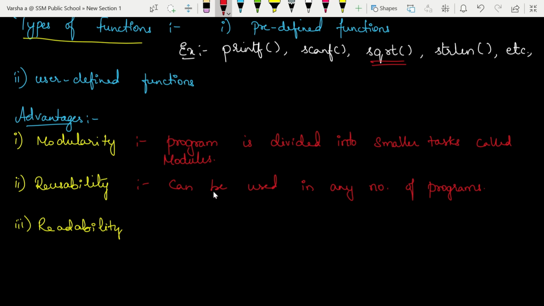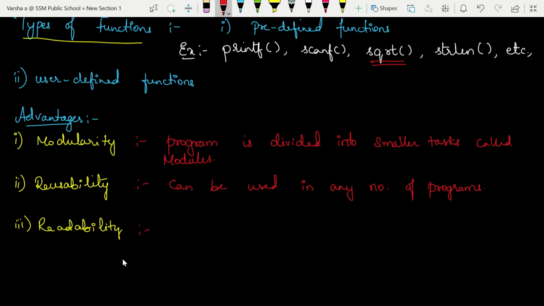So that is reusability. Every time in your program, you don't have to write code again and again. You write it once, all the common tasks, you write the code at once, store it in a separate file, use that file in all the programs which have a similar purpose, and then you can use those functions. You give the same names of the functions and you can reuse them. So that is a great advantage. Again, this will reduce a lot of time, because every time you don't have to write all the code again and again. Okay, so next is readability.